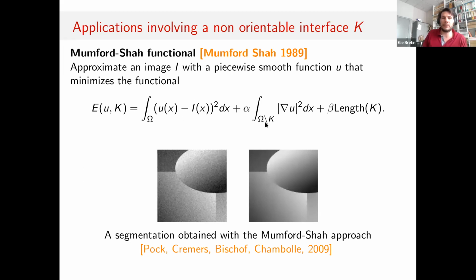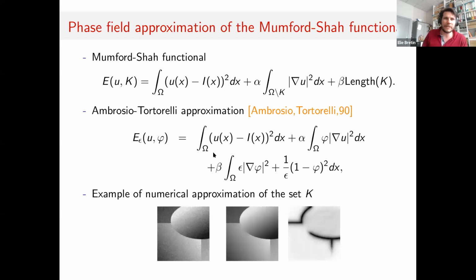everywhere except on a set K, which means that we allow U to have some jumps and singularities on a set K, which can be optimized, and we also penalize the length of K. So to do this, we see that we cannot apply the Cahn-Hilliard energy to approximate K, because K here is not the boundary of a set. So there is some phase field approximation, which is a little bit different,